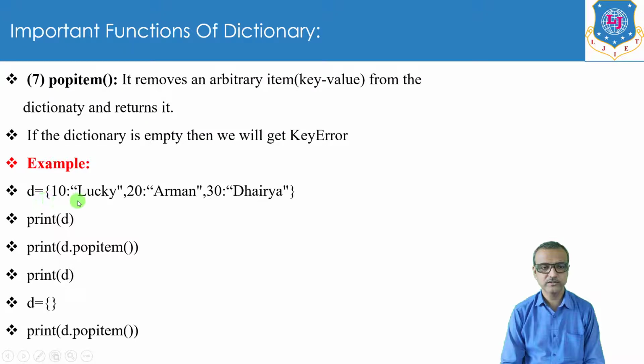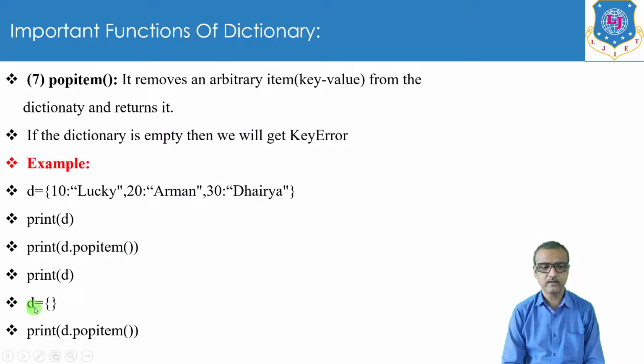I have taken dictionary D, and in dictionary D we have three key value pairs: 10 Lucky, 20 Arman and 30 Daria. Print D will give us this as output. Now print of D.popitem, what this statement will do is remove an arbitrary item from this dictionary. So here it will remove this item, that is 30 comma Daria. Then after, print D will give us these two key value pairs as output, that is 10 Lucky and 20